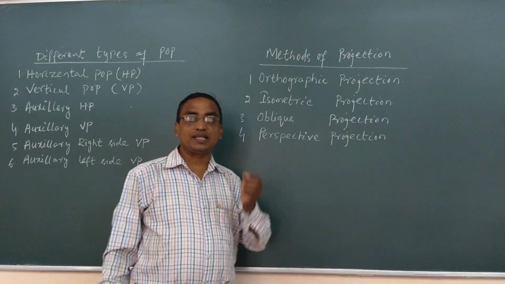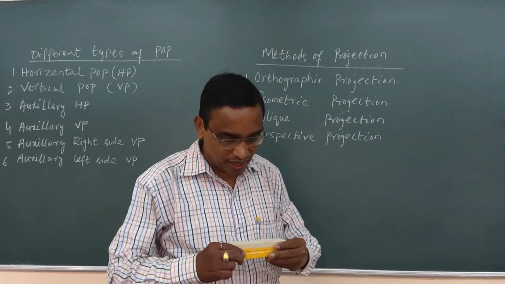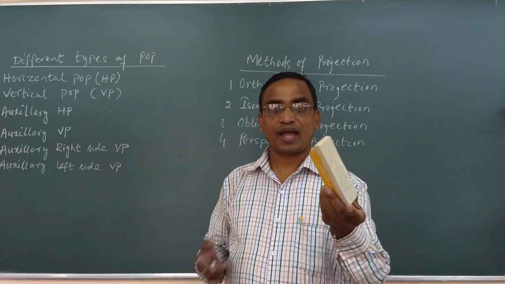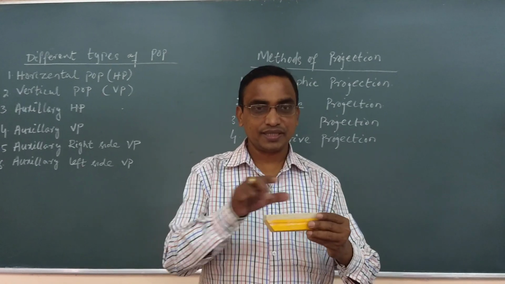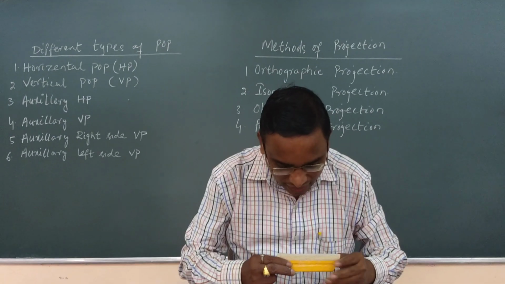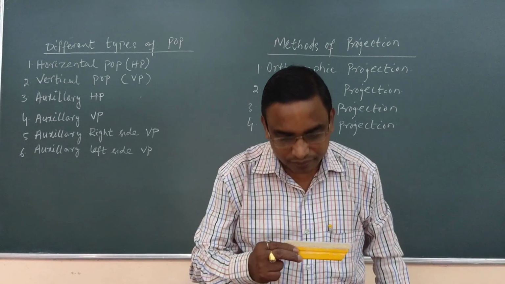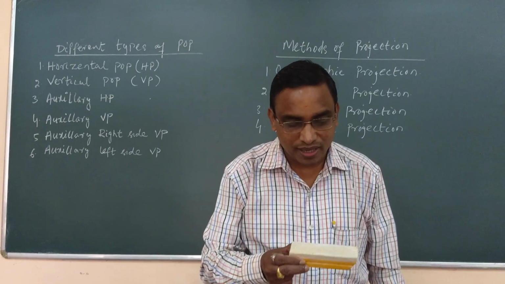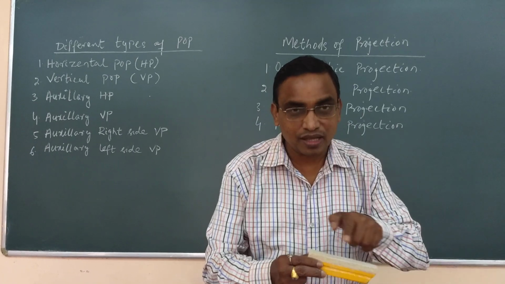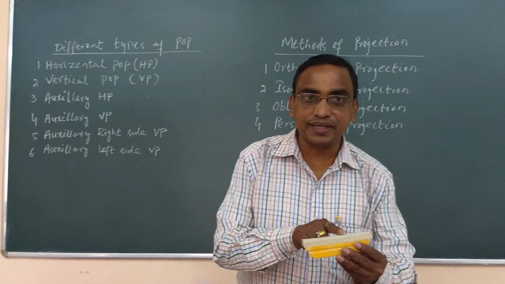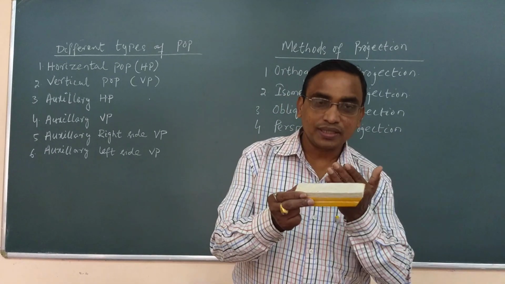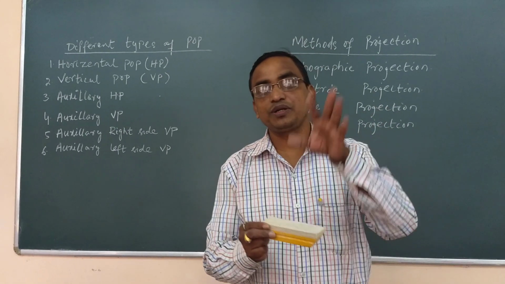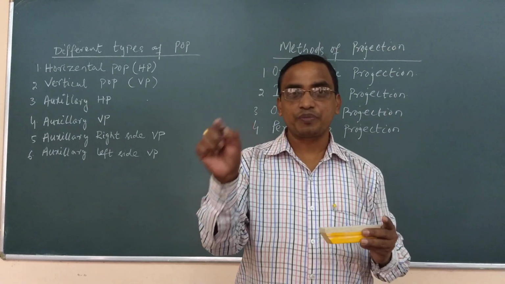Simultaneously only one view can be marked. Just to mark, this is a 3D object. I am the observer and this is the object. Simultaneously I mark the top part only. And what is the top view of the duster? What I observe? A rectangular thing I observe. Rectangle is 2D or 3D? 2D. So how this 3D object is converted into 2D, that is your orthographic projection.